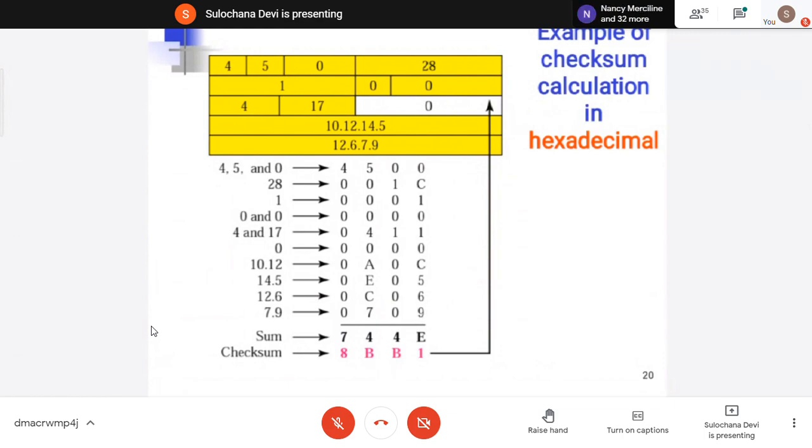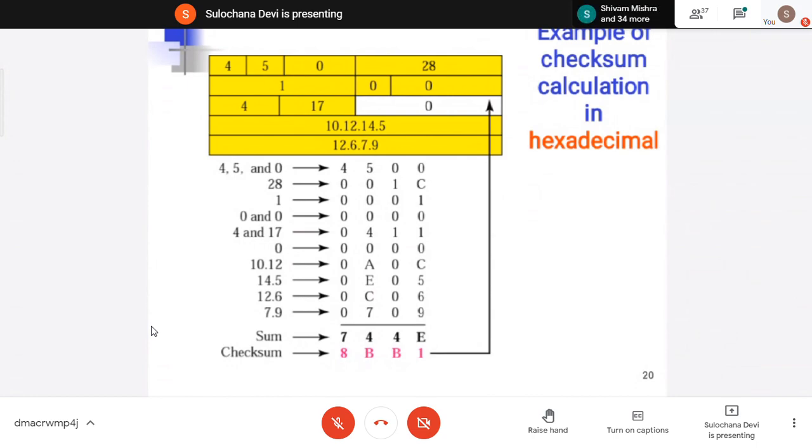Because see, if I have all values up to 7 only, so I am transmitting 2, 3, 5, 6, 3, 4, like that. Some values I'm transmitting. When I have values up to 7, I can use 3 bits only. But that sum is going to exceed. The sum can be 20, my sum can be 25, but I can't represent that using 3 bits. So that calculation I have to do. I have to wrap up the sum and then take the complement. That I'm going to explain with an example.